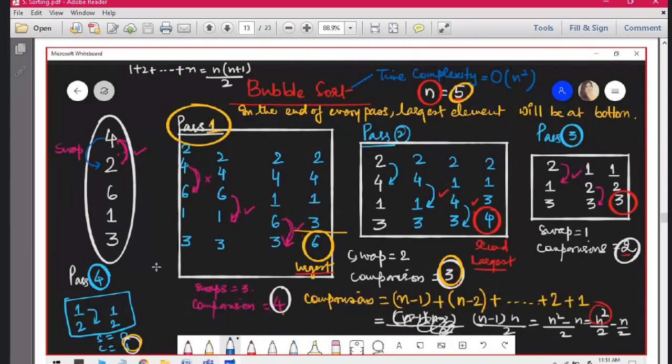So we notice that in the end, the elements that we have got, 1 and 2, are in sequence. Then we had 3, 4, and 6. So all the elements got sorted. You will write the output as the elements are sorted as 1, 2, 3, 4, and 6. So now you will notice that